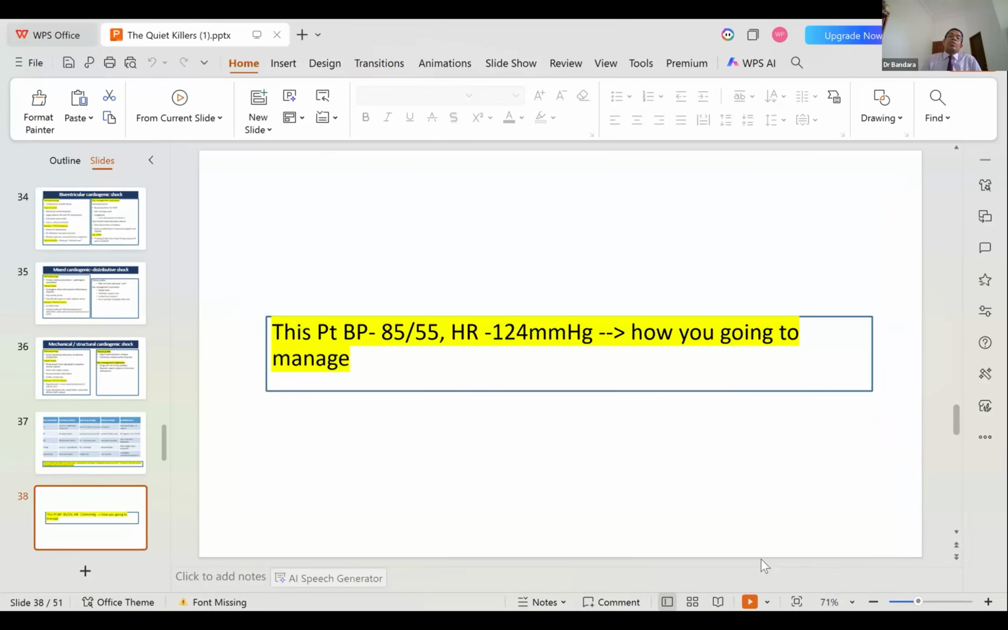So our patient who is having low blood pressure and tachycardia, how are you going to manage? As I mentioned, this patient definitely has left ventricular dysfunction. So we need to improve the patient's blood pressure. So we need to start with the inotropes. Later on, we can add on